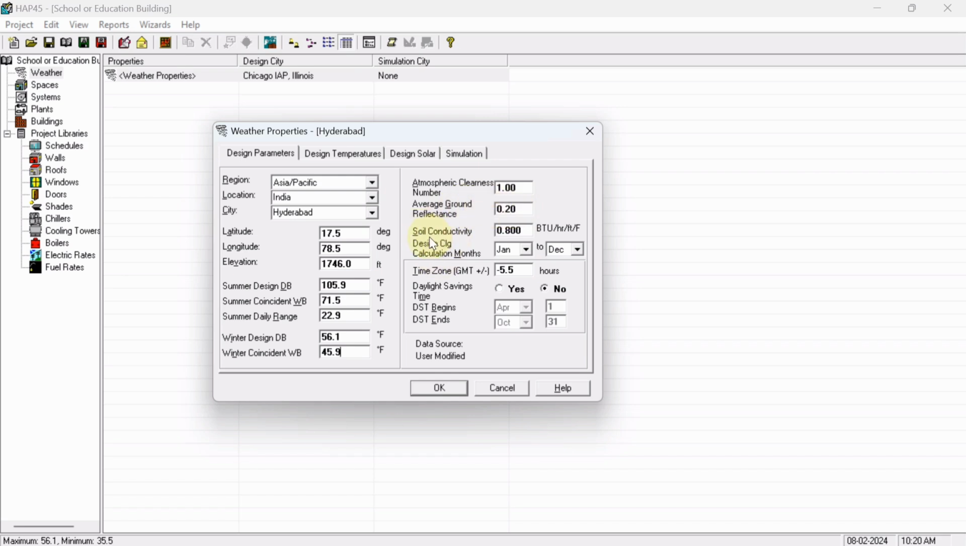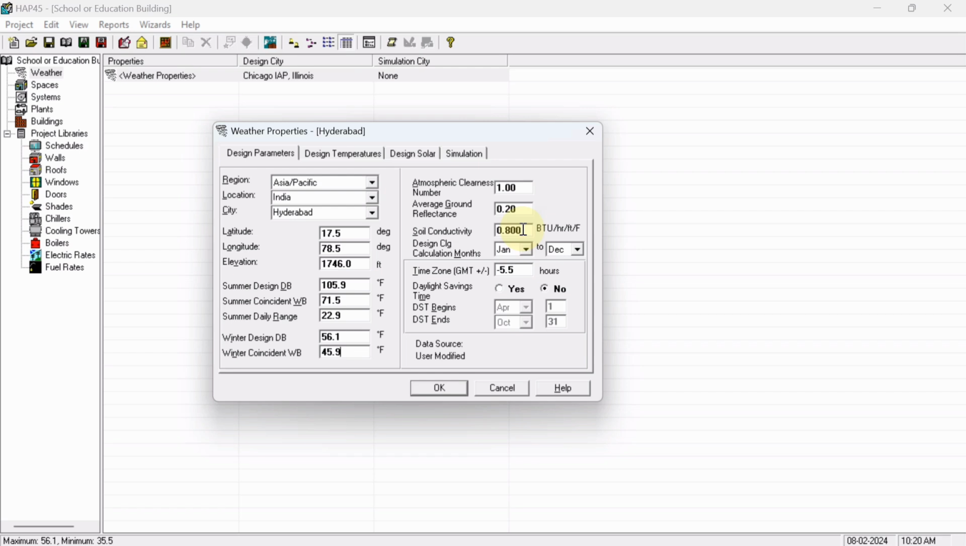Okay, now soil conductivity. Soil conductivity means what? In the same way, soil conductivity is also known as soil thermal conductivity or thermal conductivity of soil. It refers to the ability of soil to conduct heat. So by default it is written 0.8 BTU per hour per foot degree Fahrenheit. Okay,